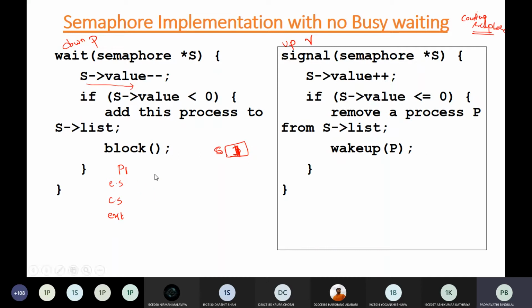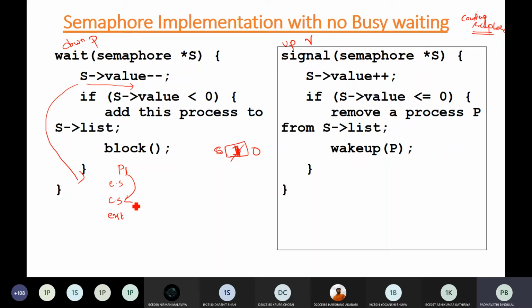So this value now will become 0. Once it is 0, you check the condition if the value of semaphore is less than 0. So 0 less than 0, condition is false. Okay, so you are not supposed to do anything. You just come out of this if condition and your process will be entering into the critical section.